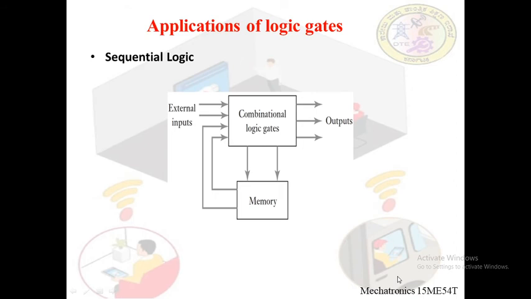We have two kinds of sequential logic, one is synchronous and the other asynchronous. In synchronous type, the same clock pulse signals are used. One example of a synchronous type is the flip-flops, and in asynchronous type we study latches. In our next session we will be looking into what exactly flip-flops are, and we'll be getting some idea on them.